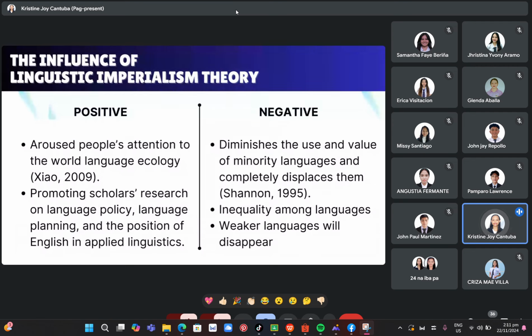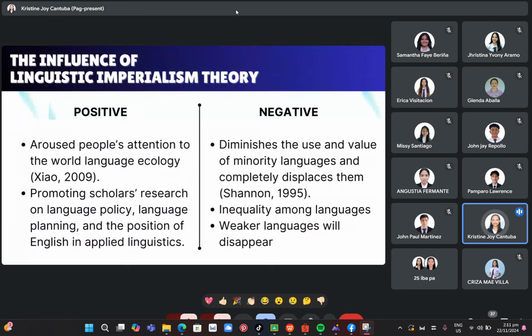On the other hand, the negative influences are: first, according to Skutnabb-Kangas in 1995, it diminishes the use and value of minority languages and completely displaces them. Second, it creates inequality among languages. And lastly, weaker languages will disappear. And according to Shao in 2009, the theory of linguistic imperialism is the best example of